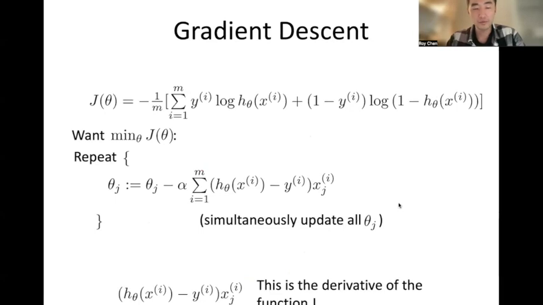So I'm not going to repeat some of the calculus here. You can find some of the material in your previous courses or previous classes on calculus. But here I have already written out the derivative, which is a very simple term. The derivative of the cost function is h_theta(x_i) minus the actual target y_i, multiplied by x_j. So by using this simple formula, we can repeat this update function to arrive at an updated theta_j